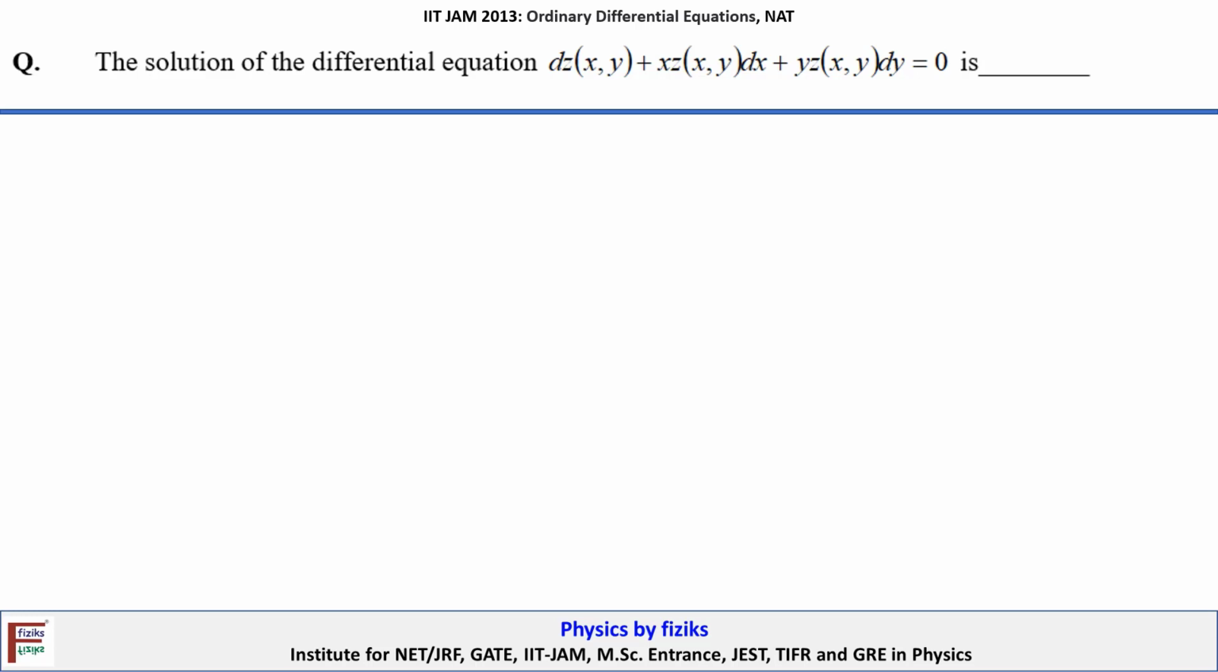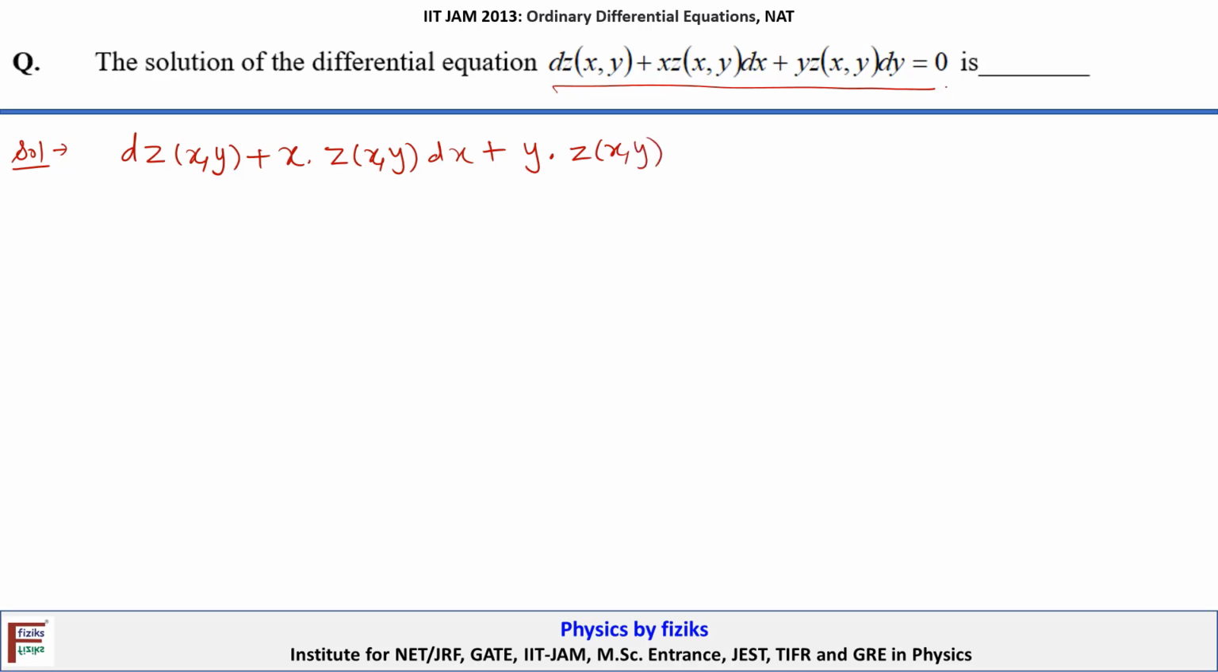The solution of the differential equation dz = (a function of x and y) + x z dx + y z dy = 0. Here the differential equation we have is dz, where z is a function of x and y, plus x times z, a function of x and y, into dx plus y times z, a function of x and y, into dy